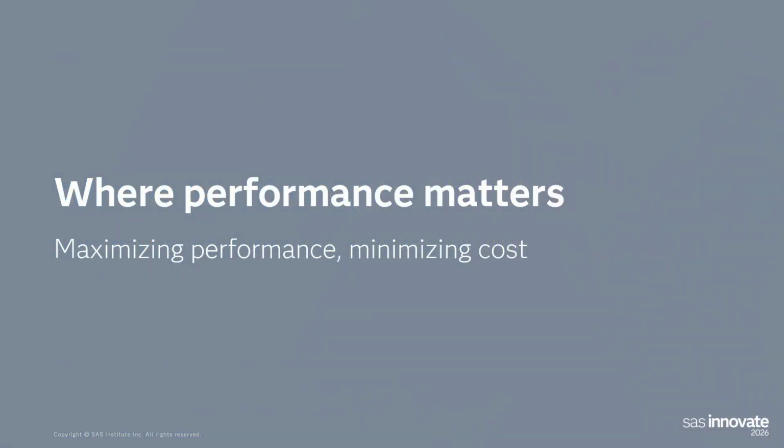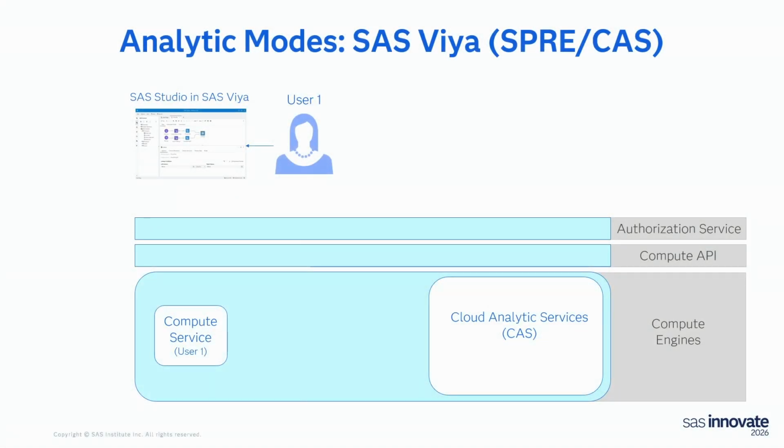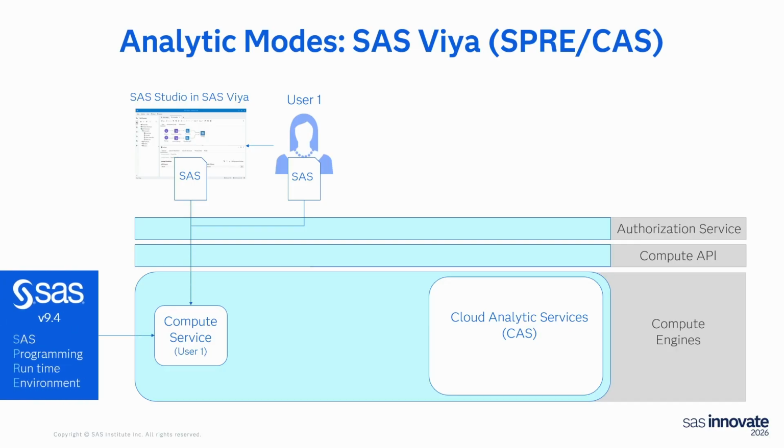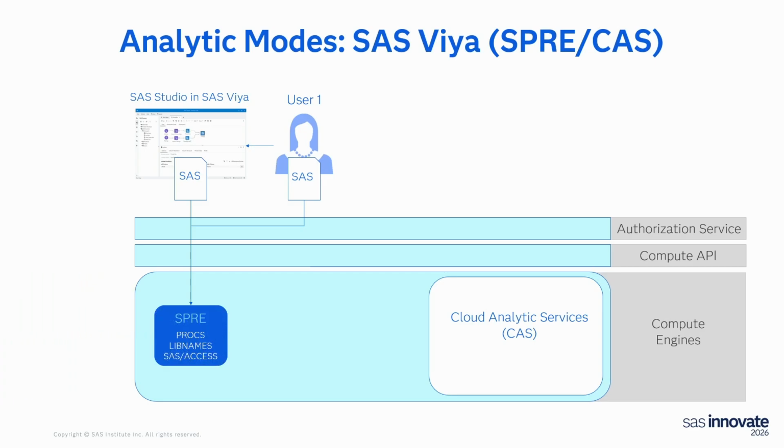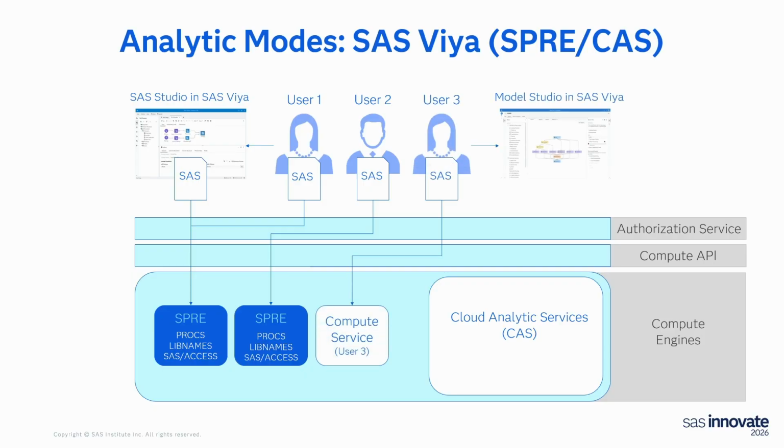So I'll start with describing the architecture of VIA so you can best know where to apply the information that you'll learn today. When you log on to VIA, unbeknownst to you, even though you're on your desktop, we'll actually give you a compute node all your own. This is called the Spree node. This is where most of your SAS 9 analytics will initially run. And if someone else comes on, they'll get their own node as well, disjoint from the others, and so on.